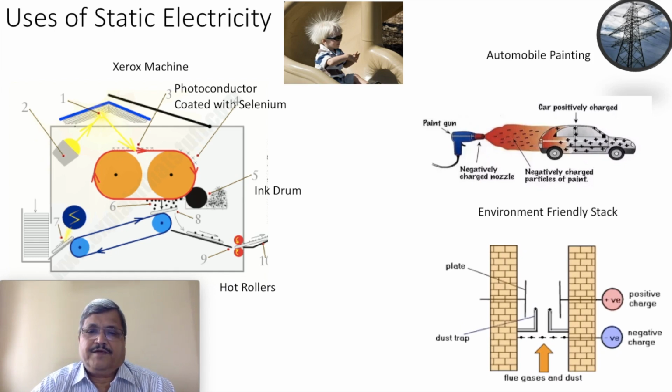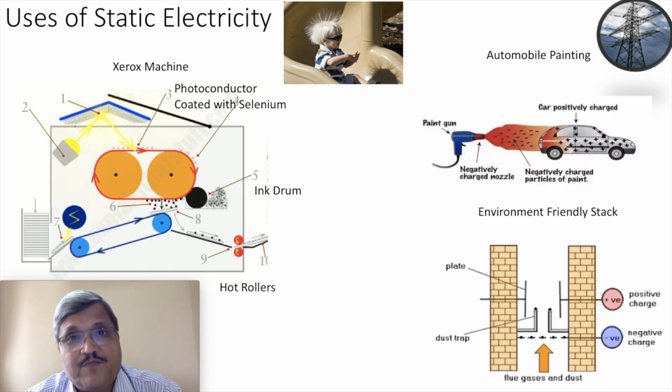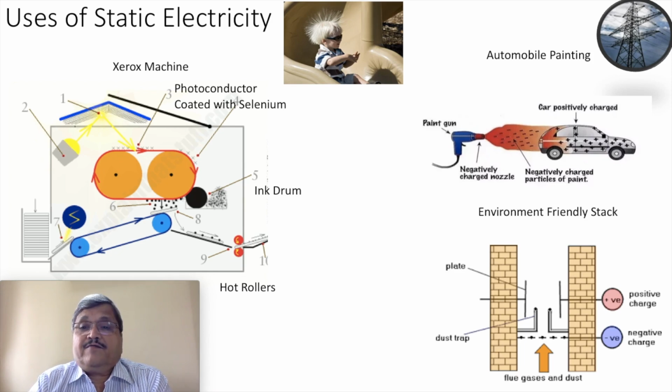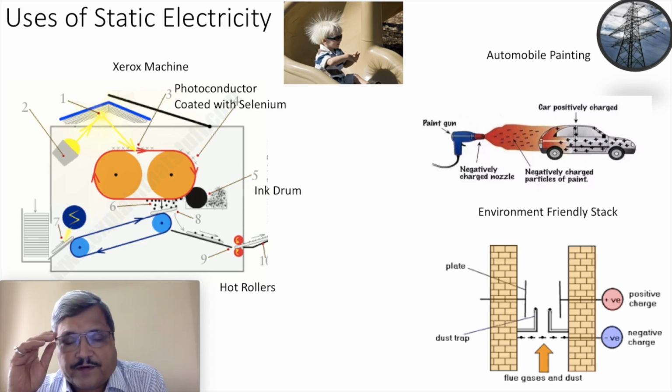And lastly, there are many examples, but this is the third example, an environment friendly stack. You might have heard about pollution control boards. They have a strong check on the industries which emit a lot of flue gases. If there is pollution, then the surrounding air will also get polluted, and that is the reason they have strong laws and rules to ensure that the smoke going out of the factory should not be harmful. It should be free of pollution.